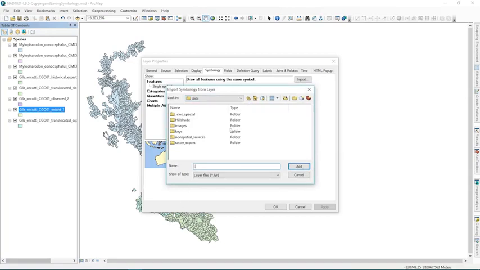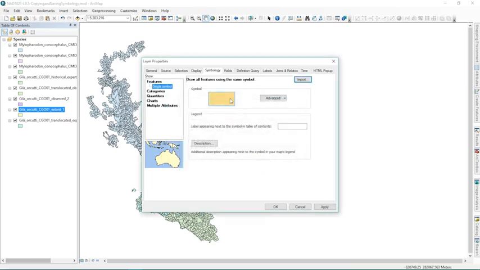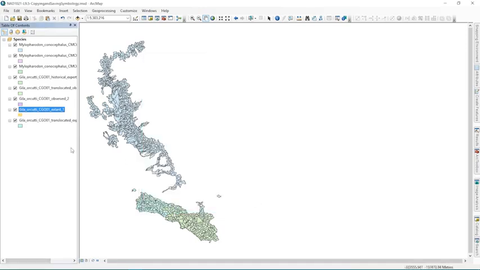and I'm going to paste in that path, but navigate to the folder that has all that symbology in it, or all those layer files I just showed you. So in your documents ArcGIS packages folder. So I'm going to hit enter, and in this case this is extant. So I saved out a main range maps extant layer file, and it's not a layer package, it's a layer file, and layer files really just have the symbology definition. So if I click add here, and then the layer is likely present, I click OK, it sets the symbol to this orange. I can click apply, click OK,